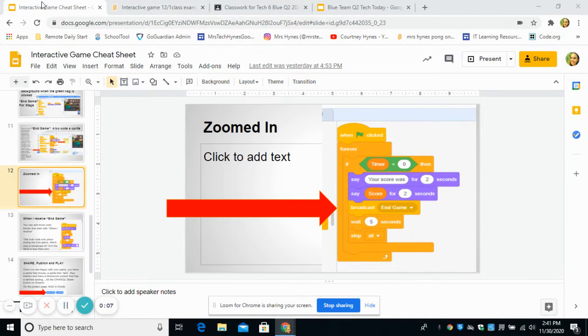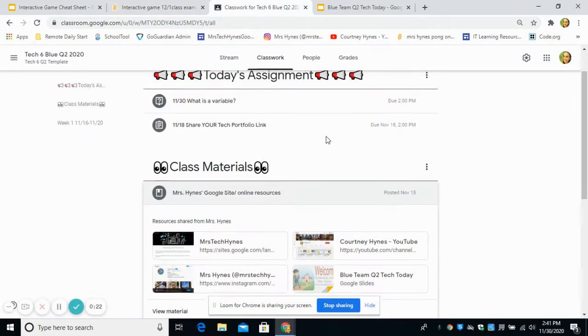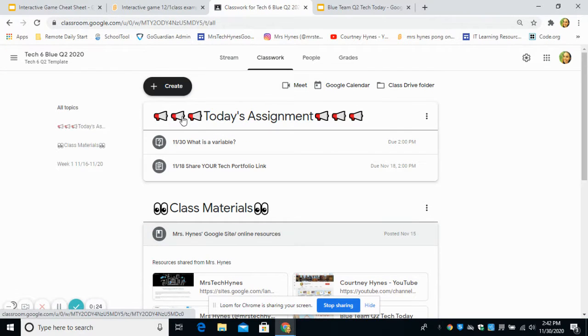So please open up the interactive game cheat sheet and your Scratch interactive game by visiting scratch.mit.edu and going under My Stuff and seeing inside your project from yesterday. Everything is available on Google Classroom. So under today's assignment, there'll be a December 1st assignment with this video and links to the cheat sheet and